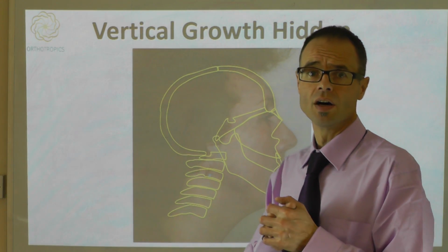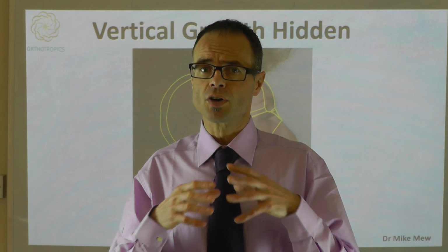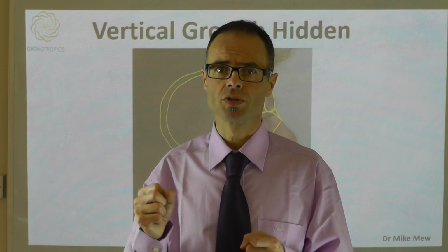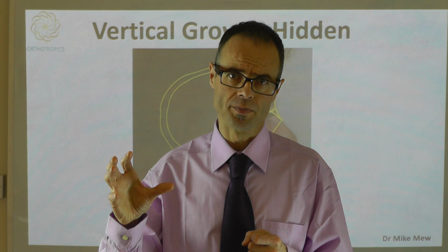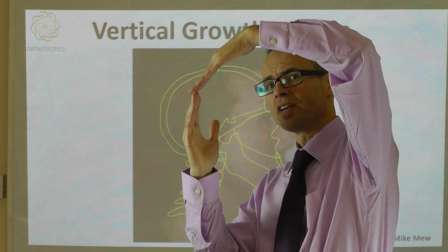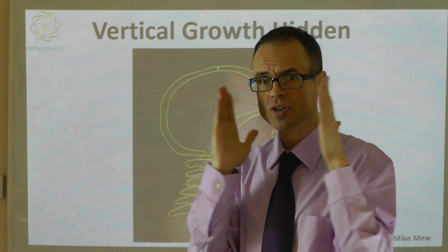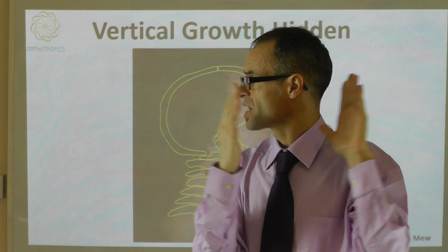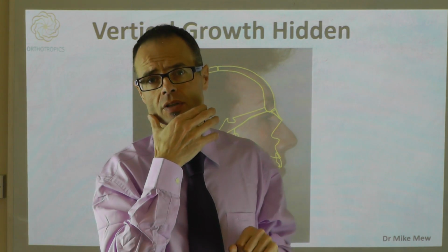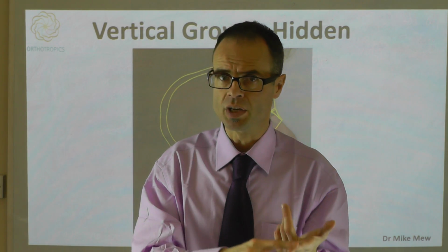hiding an increase in vertical facial growth. Crooked teeth, malocclusion, many ENT problems and other symptoms of craniofacial dystrophy are associated with the face lengthening. So as the face lengthens down, the structure becomes more vertical, there is less horizontal, there's less sagittal space, and due to that reduction in space, we have crooked teeth, malocclusion, sleep apnea, snoring, many of the ENT problems, glue ear,